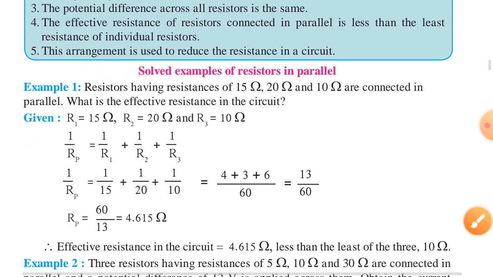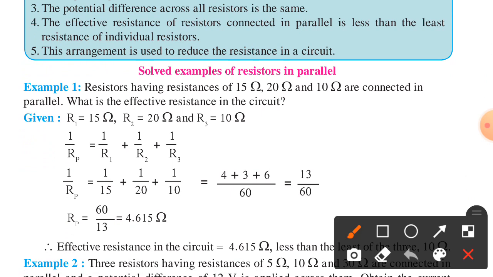Now we see an example. Resistors having resistance of 50 ohm, 20 ohm and 10 ohm are connected in parallel. What is the effective resistance in the circuit? म्हणजे आपल्याला या ठिकाणी RP शोधायचा आहे. R1 is the 50 ohm, R2 20 ohm and R3 10 ohm. We use the formula 1 upon Rp is equal to 1 upon R1 plus 1 upon R2 plus 1 upon R3. If we put the values, 1 upon Rp is equal to 1 upon 15 plus 1 upon 20 plus 1 upon 10 is equal to